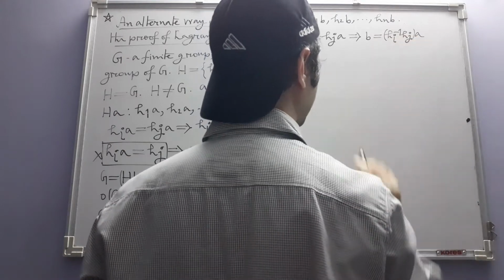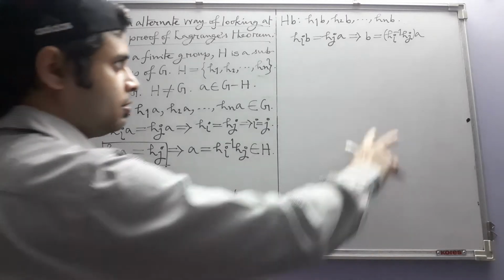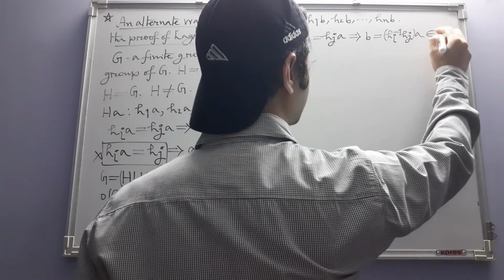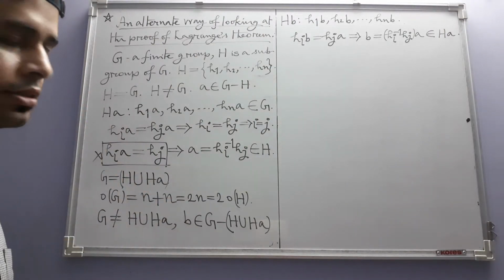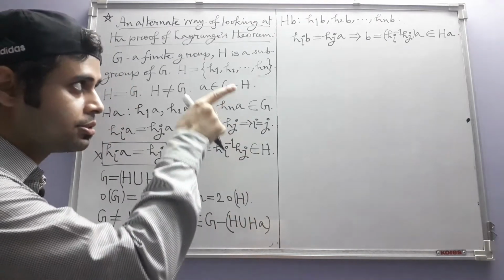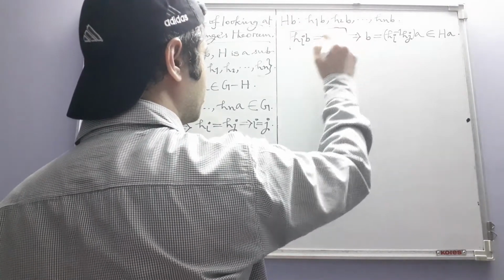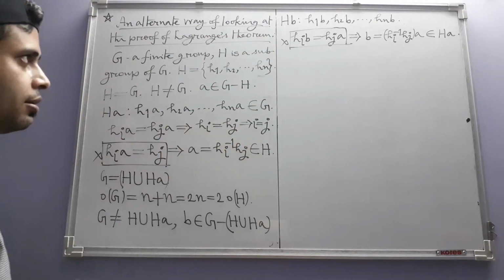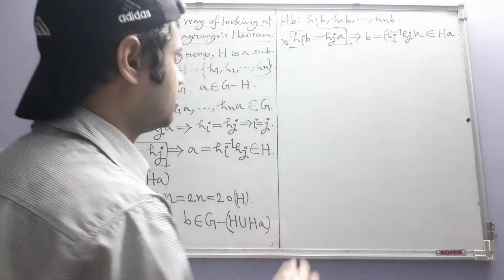Now we can keep HI inverse and HJ together by associative law. This part is in H and this is A. So by the definition of the right coset HA, this belongs to HA. This is again a contradiction because according to our choice, B is not in HA, but this one is saying B is in HA. So this supposition is wrong. That is, no element in this list can appear here. So we have got n more elements, right?